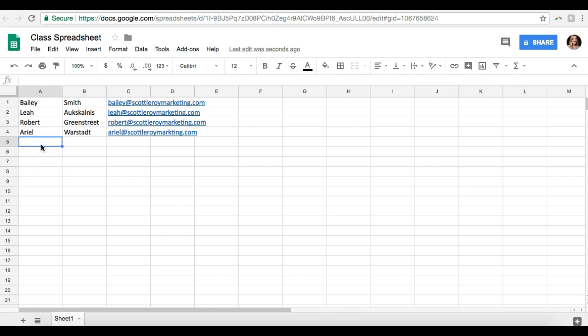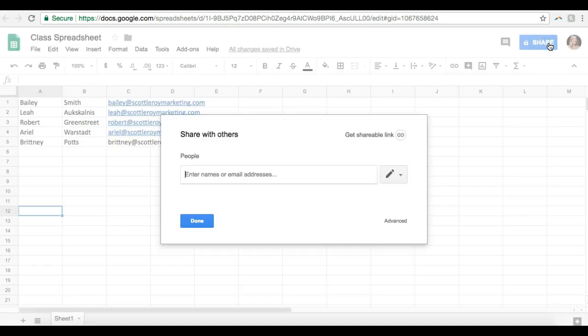And I can actually go in here and edit this. So I can add more people. I can basically edit my list, add people, remove people, you know, change the font. But what's cool about this is changes are saved immediately, and you can actually share this with other people on your team. So if we go up here to the Share button and click on that,